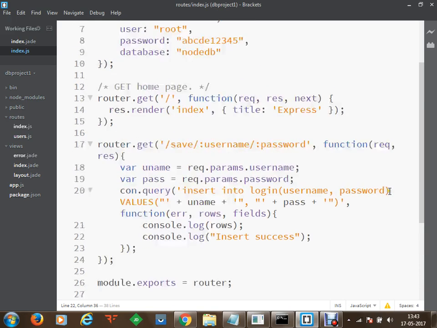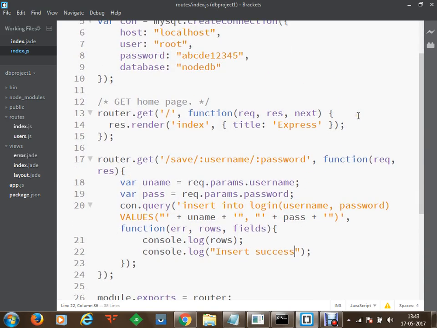So now what exactly we did, we have created a UI. From the UI, we are going to send a GET request to the save route. Once the information has been received on the save route, we are going to receive the username and password values.